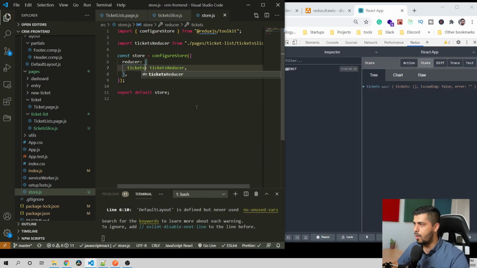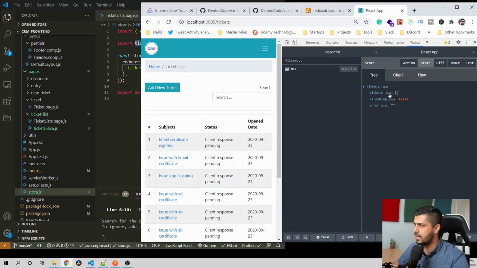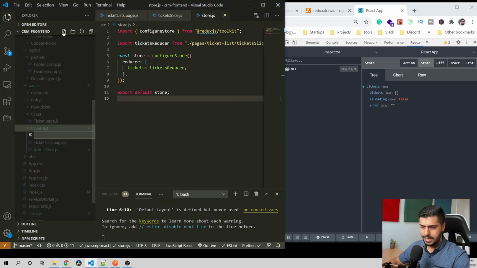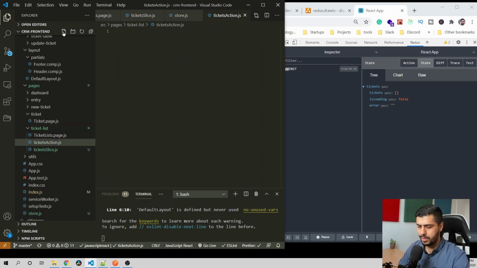So basically our whole store is set up. Now all we need to do is actually fetch the data from external resources and update our tickets array here. Let's work on that now. So to do that, we need to create something called action. So let's create the action in our same folder. So I'm going to go inside the ticket folder and I'm going to say tickets action.js, and here we're going to create few things. So first let's do fetch all ticket, const fetch all tickets,